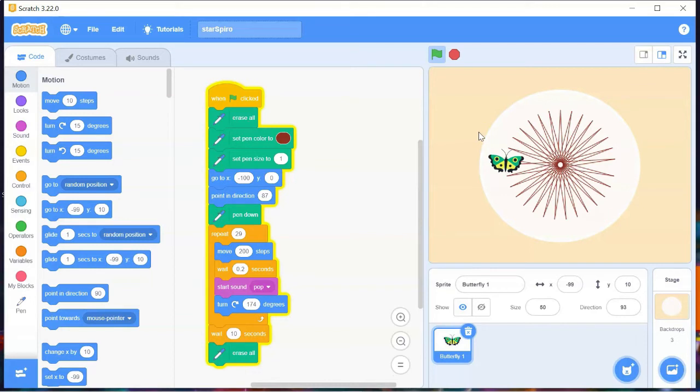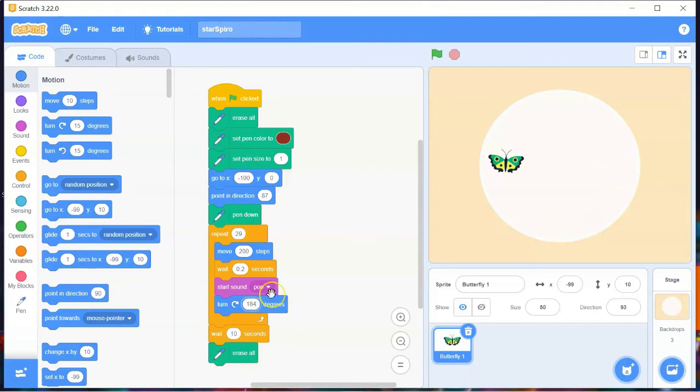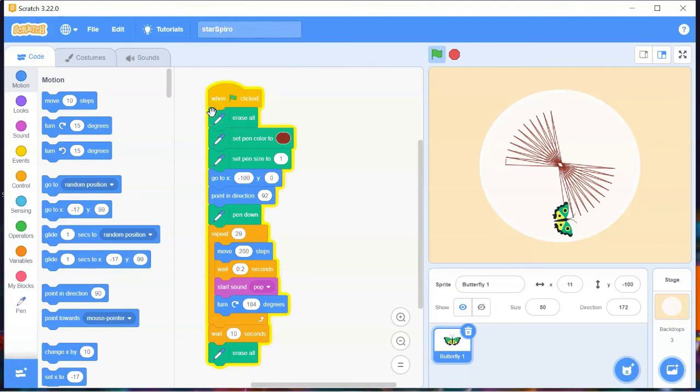Now let me try for more. I will make it 184. Now similarly I have to change the angle here. I will make this 92 now, and now you can see it's going to make a still very nice picture. Now I have to increase the repeat, I think somewhere around 48.